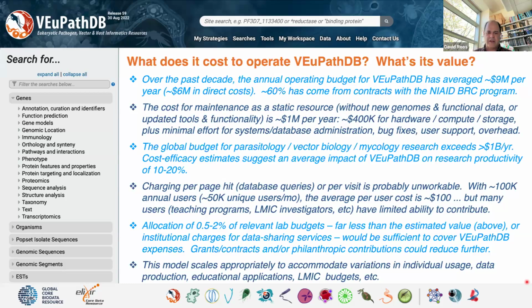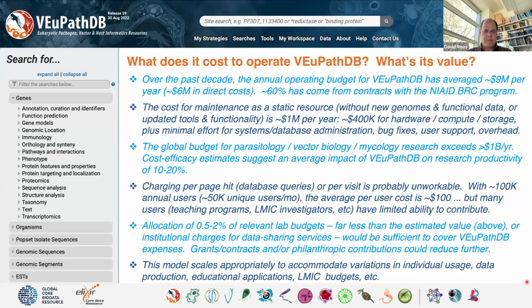But we all recognize that there are many, many individuals who are not in a position to be able to contribute even $50 per year. That is true for investigators in low-income countries. It is true for new investigators. It is true for the many hundreds or thousands of university students who use these resources as part of their